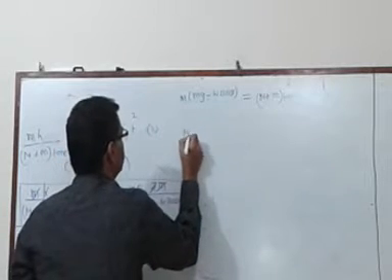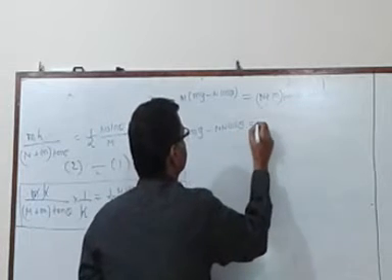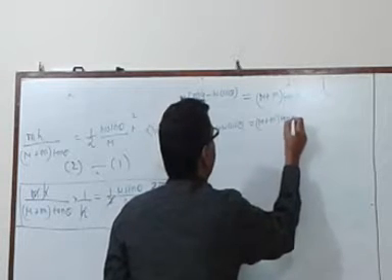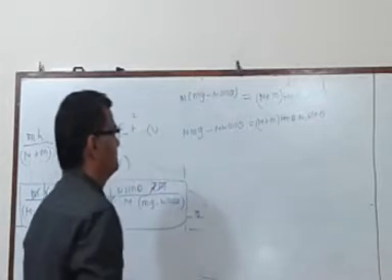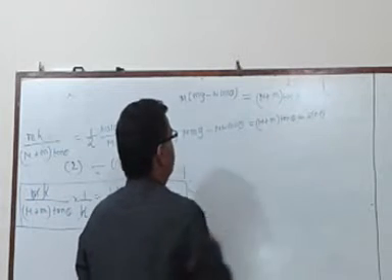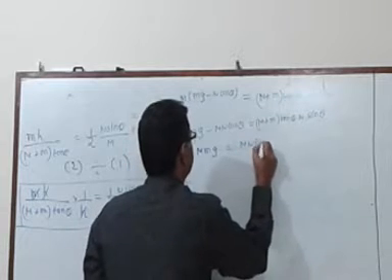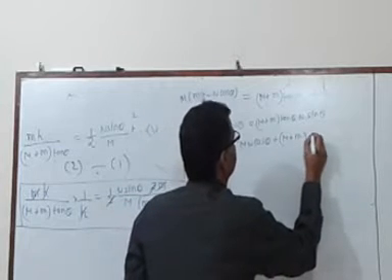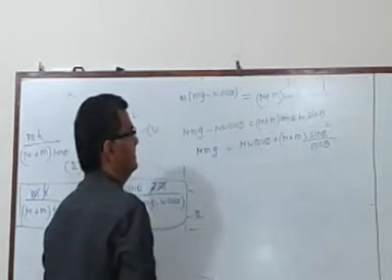Let me resolve this. Let me simplify this. MMg minus MN cos theta. It's M plus m tan theta into N sin theta. Let me bring mg on, let me give MN cos theta on this side. That gives me MMg is equal to MN cos theta plus m plus m tan theta, that is sin theta upon cos theta, so it is sin square theta upon cos theta into N.